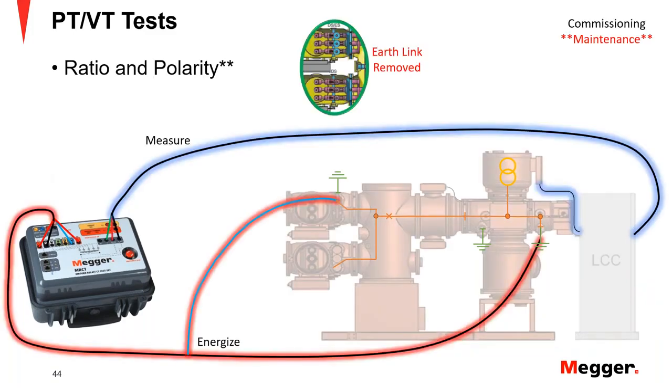Of course, we need to remove the earth link because, just as with the CT, we are using the primary or the earth connections to access the primary of our BT. And again, in this case, we painted the enclosure red because that's part of our primary circuit. So it's really important that you analyze the circuit again and make sure that it's a feasible situation for you to perform this test. After you finish, of course, make sure you ground the whole section back before